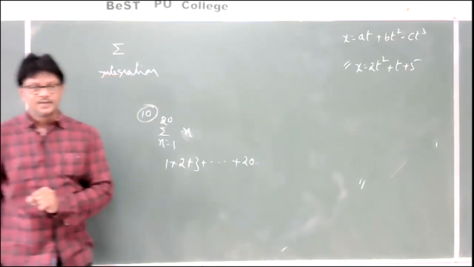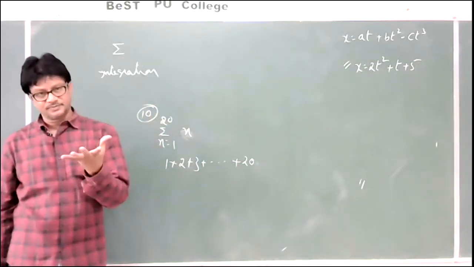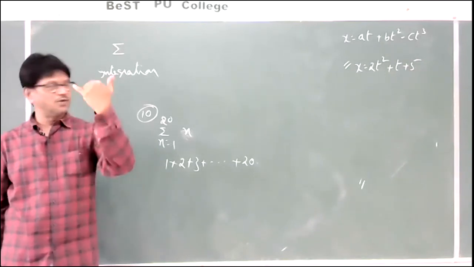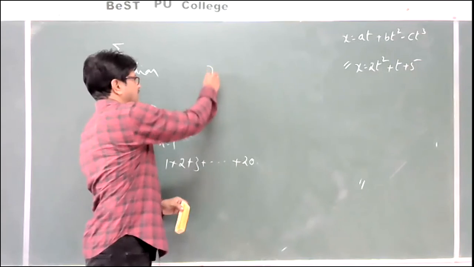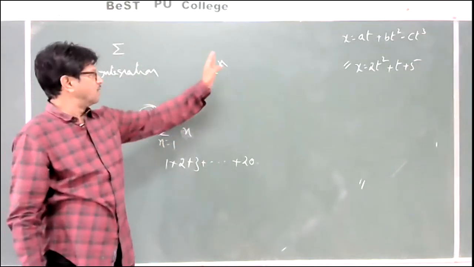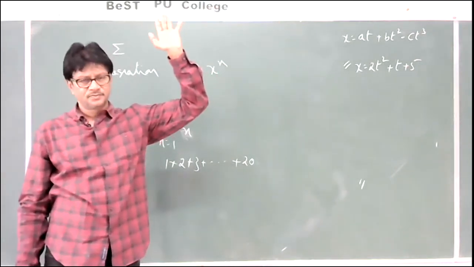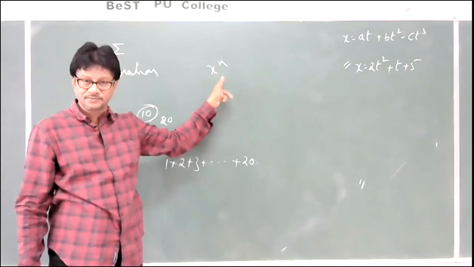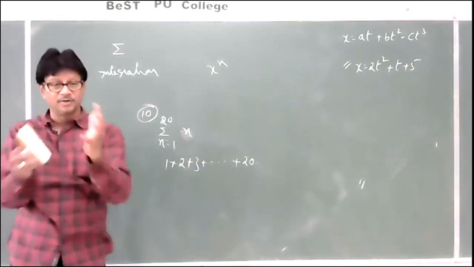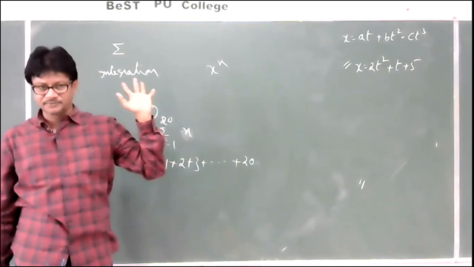The method of integration will be used for continuous functions. Continuous function means it will continue. For example, take an equation x to the power of n. The value of n can be 1, 2, 3, 4, whatever. So this is called a continuous function. When we have to add a continuous function, then we'll go with integration.